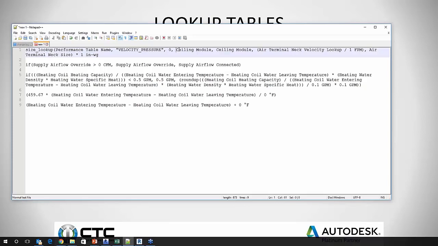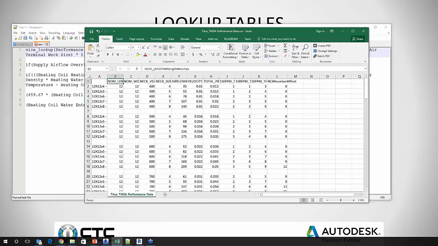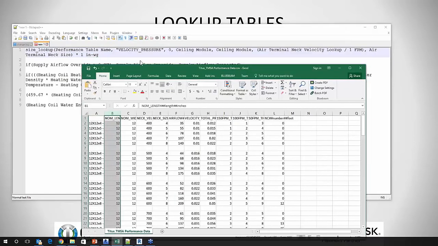This next ceiling module and ceiling module are column B and column C, and I'll just open up my Excel file, my CSV. So column A is strictly for descriptor. The first parameter or value that you put after that,